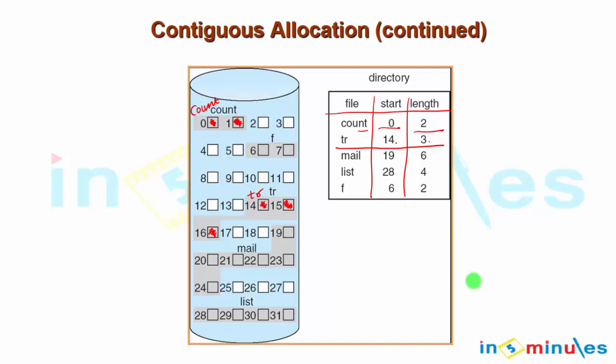Now, if you look at this particular diagram, blocks 2, 3, 4, 5, 8, 9, 10, 11, 12, 13 are free, but 2, 3, 4, 5 has a discontinuity of 2 blocks. Then again 8, 9, 10, 11, 12, 13 has a continuous allocation, followed by a gap of 3 blocks and further. So basically a heavy amount of external fragmentation can be noticed.